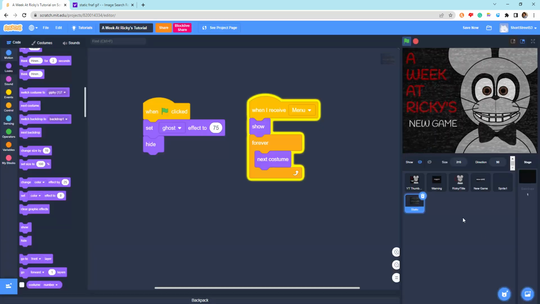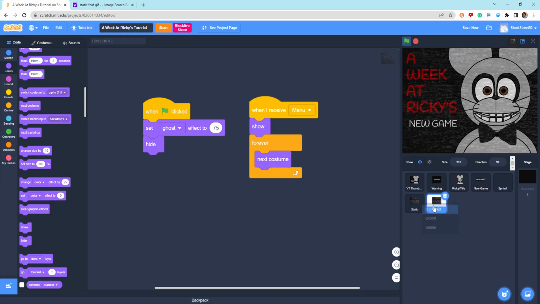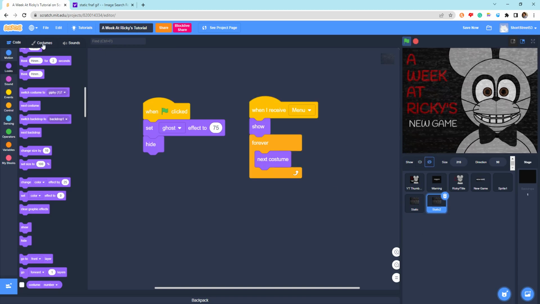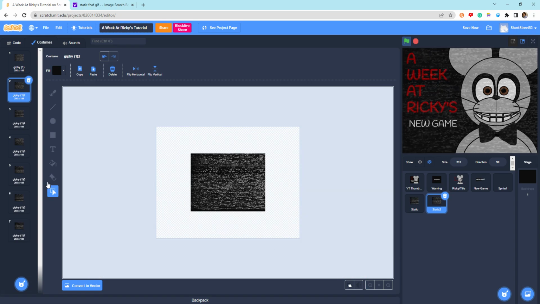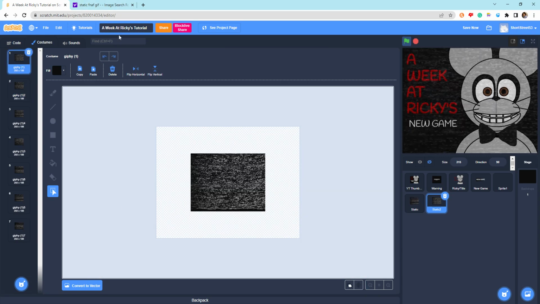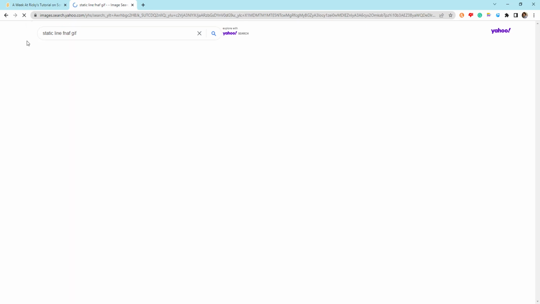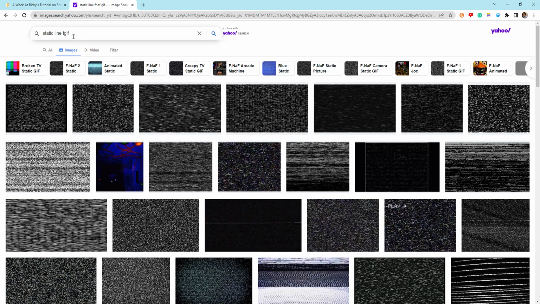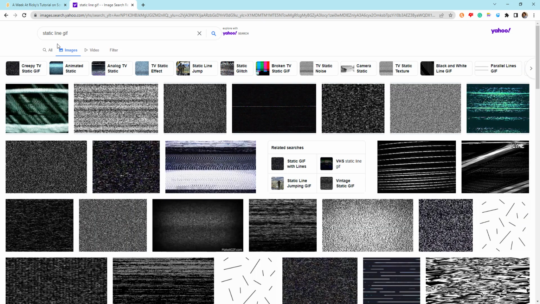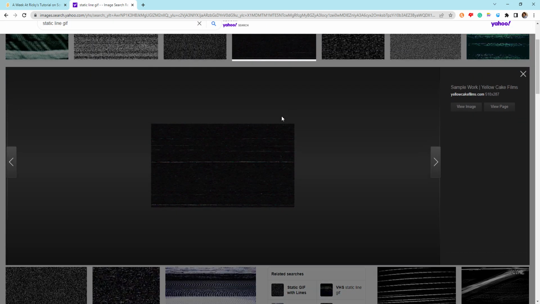It actually looks pretty fun, but I'm going to show you how to add an extra thing. You don't have to do this, but I'm going to show you how to make static lines, which I was just going to use these, but it's probably better to search up static line GIF, so you just have a simple line of static. This may not work, you may have to do it manually, which will suck. So okay, there's this,